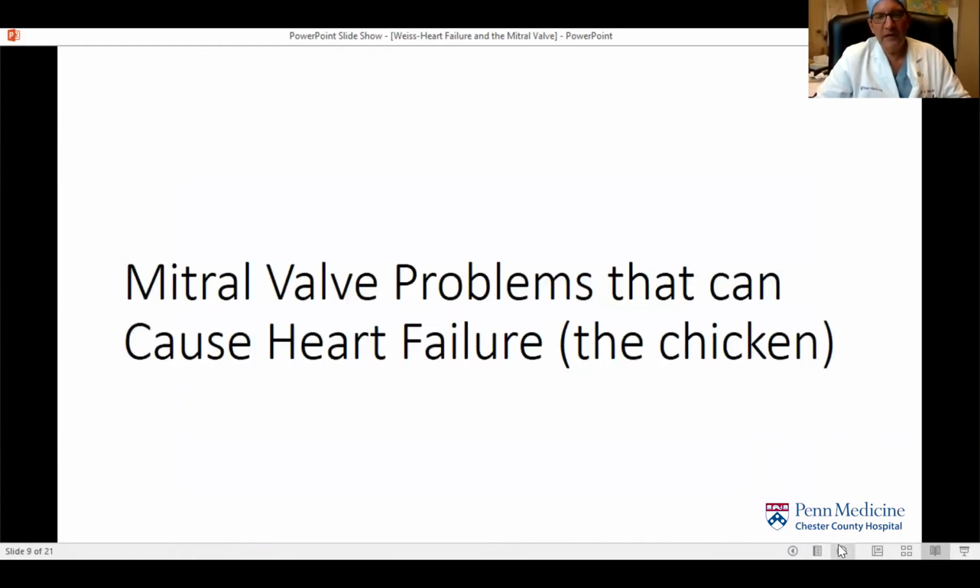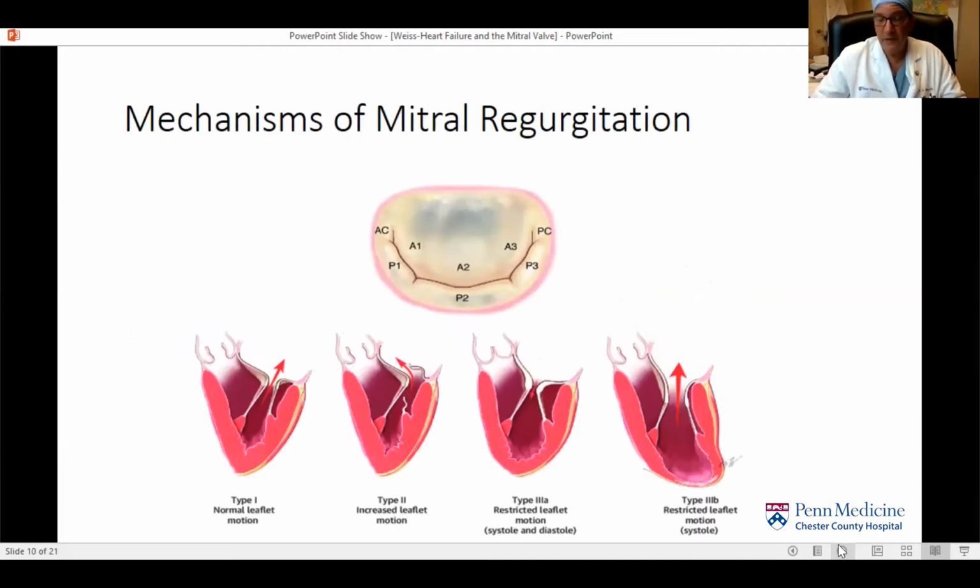So let's talk about problems with the mitral valve and how that can cause heart failure. I call that the chicken, because mitral valve problems can cause heart failure. Let me just back up a second. There's about 19 participants here, so there's probably about 20 reasons among you to have heart failure. Not all heart failure is the same, but we're talking about a specific subset of heart failure that involves the